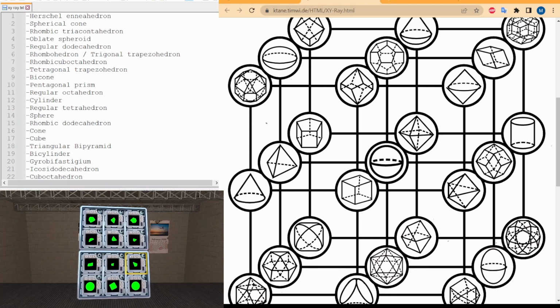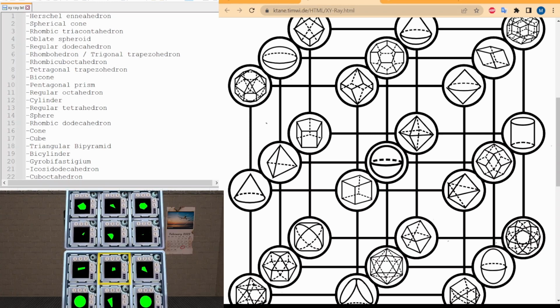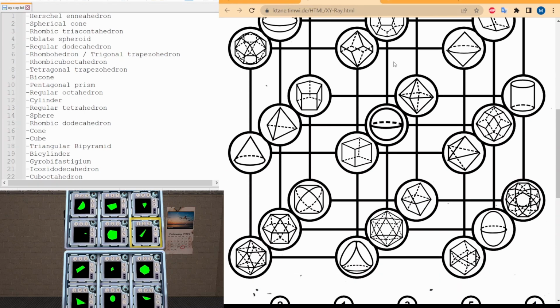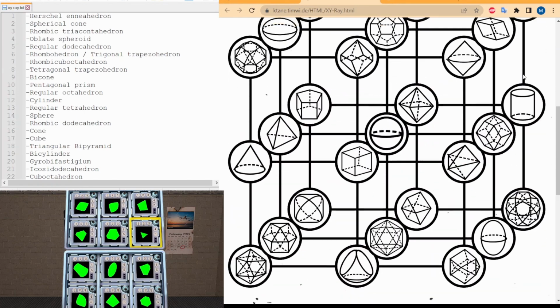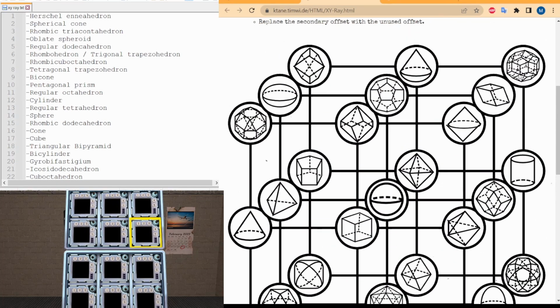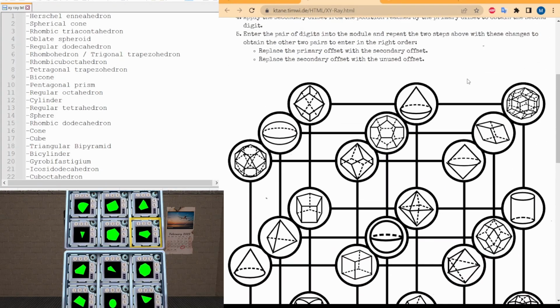On this module, it is similar to X-ray, but instead it scans one of three of possible 27 shapes on this diagram here. And trust me, it is very difficult. So in my tutorial, I'm going to cover all of them,